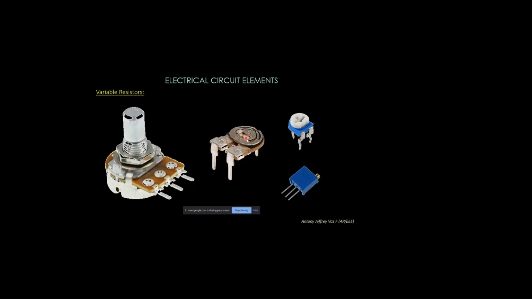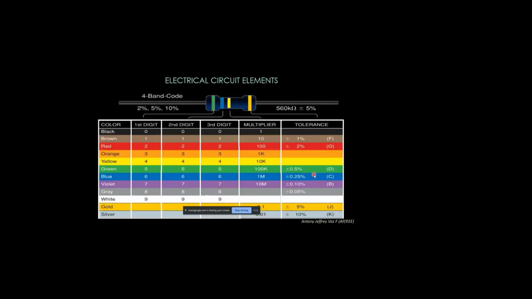You can use these variable resistances as a preset. The term referred to in engineering is preset, and you can set the desired value of resistance by adjusting this knob. In this resistance, you have to adjust this white color knob using a screwdriver and set the correct value of resistance as desired. And this is also another type of resistance which is very compact and can be used in PCB layout, printed circuit boards. Last, we will be seeing about the color coding of resistance.